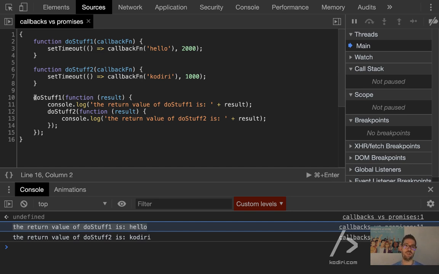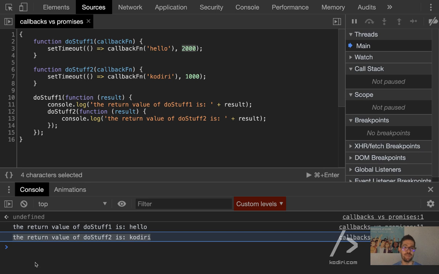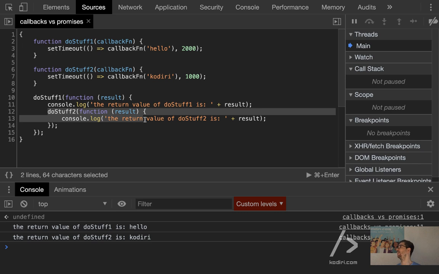Correct, Nico. Do stuff 1 takes 2 seconds. And how long does it take to display the second message? 3. Correct. 2 seconds because of the first one, plus 1 additional second because of the second one. That's the way you coordinate callbacks in JavaScript.